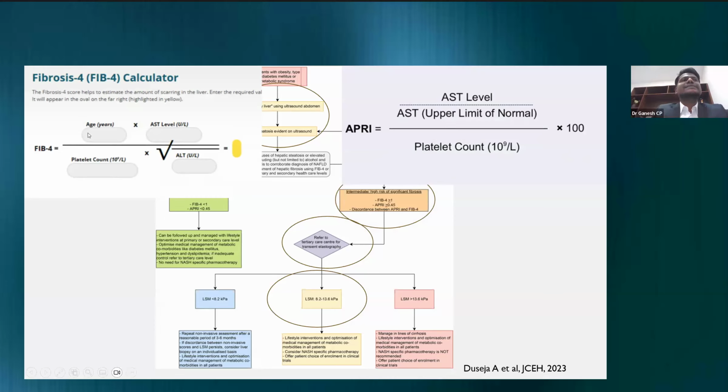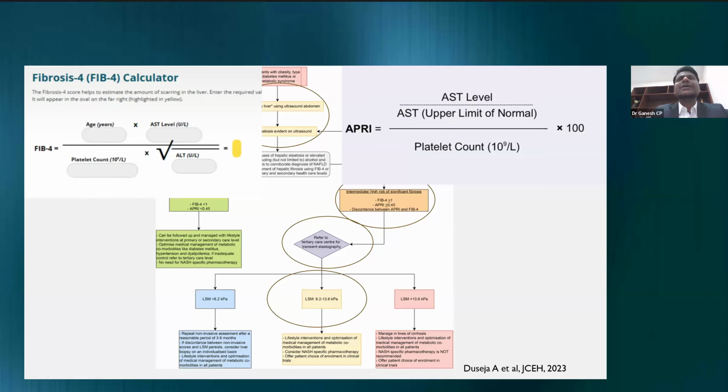The FIB-4 score has age, AST level, and ALT level, which are available from our liver enzyme tests, and the platelet count, which we can get through the CBC. And the APRI score includes AST and platelets alone. So a patient with fatty liver disease on ultrasound, we get him a CBC, we get him a liver function test, and we rule out other causes such as hepatitis B and hepatitis C,